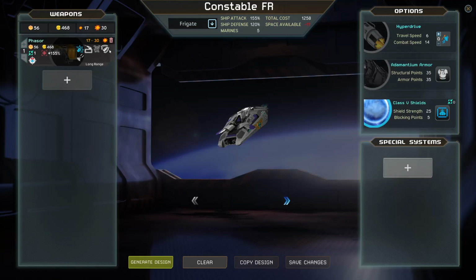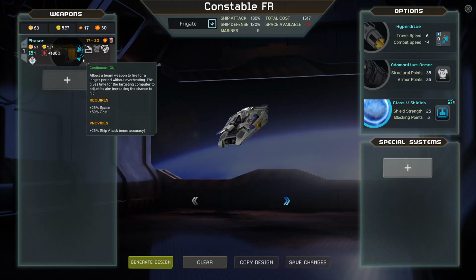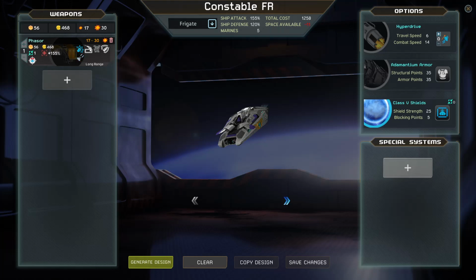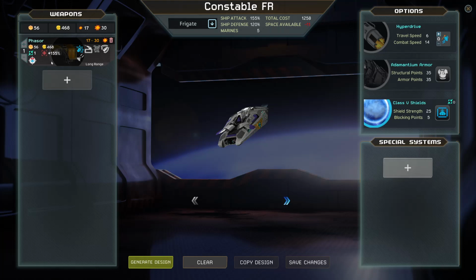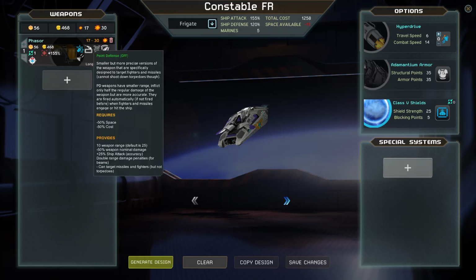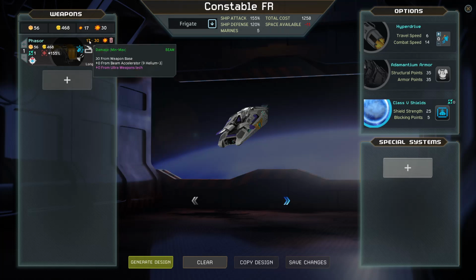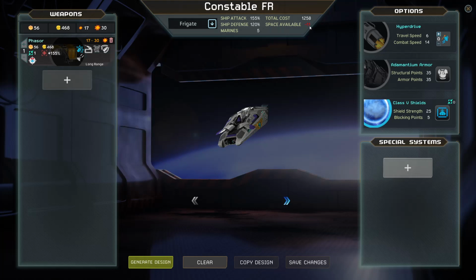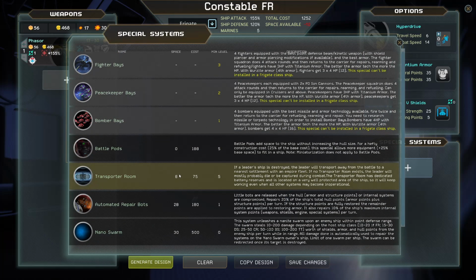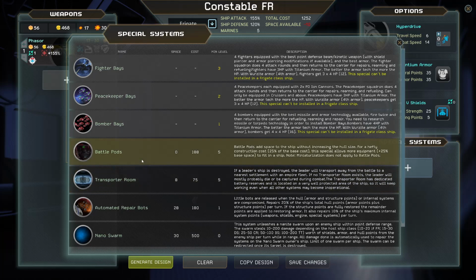So we can see that if we wanted to do anything, I guess we could just do... So it doesn't have auto fire, right? And it doesn't have no range dissipation. So even with just heavy mount, we're still at -11 space. If I throw on the battle pods,